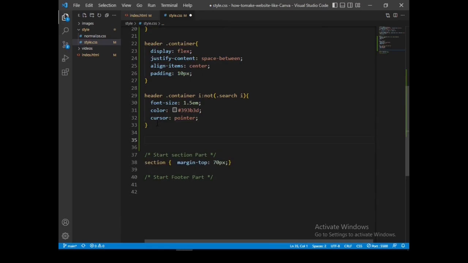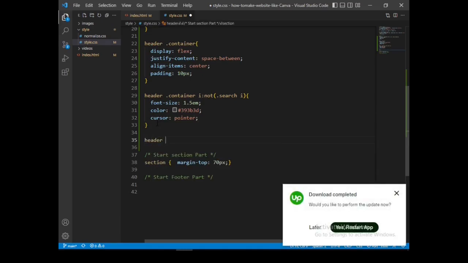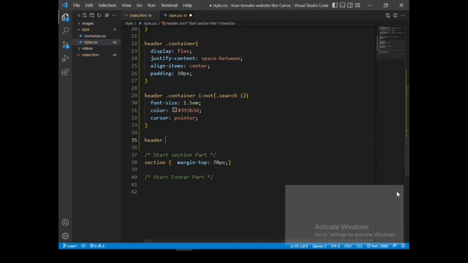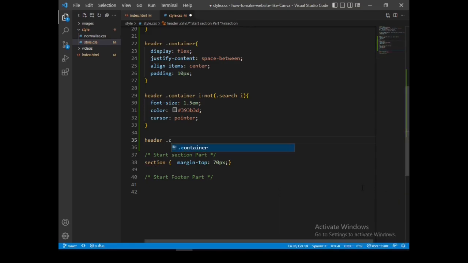Now I'm going to start next to the nav. So let me say header dot container dot nav.